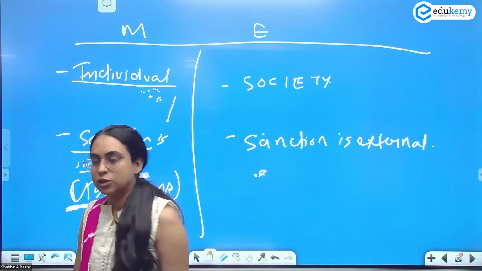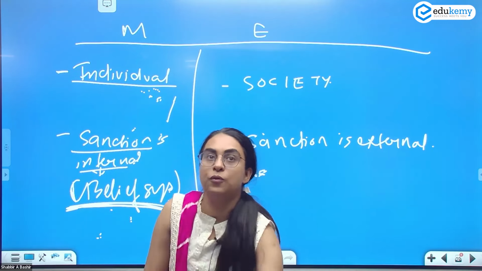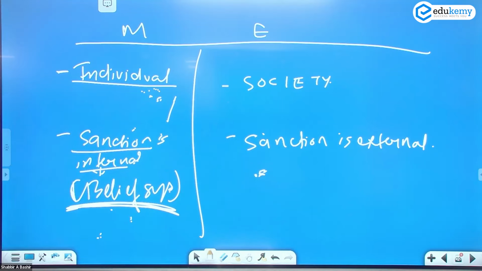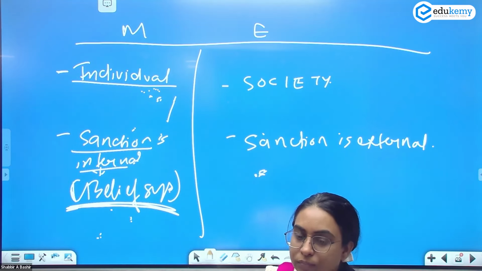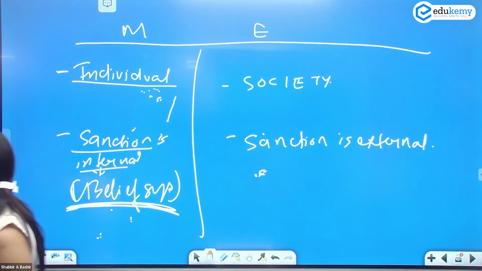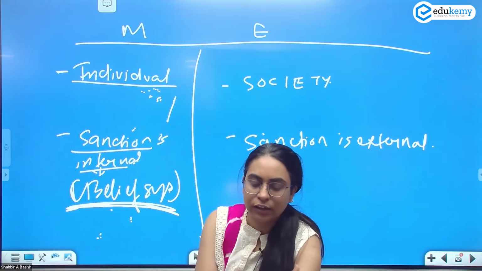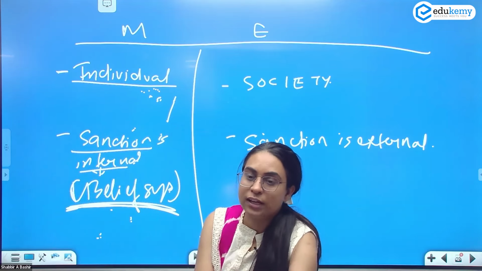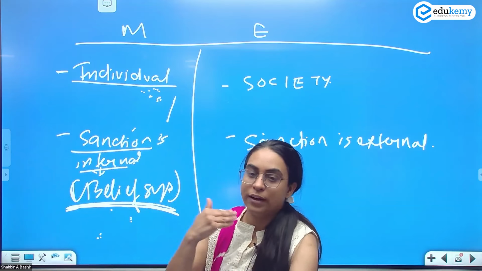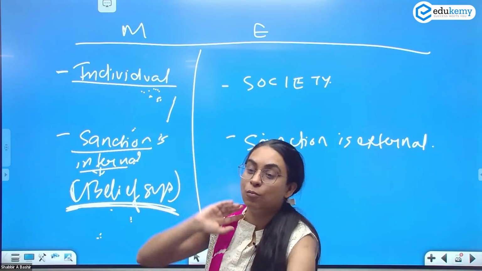लिखो. Next point. Certain examples which can be considered moral but unethical. कुछ एग्जाम्पल्स जो कि मॉरल लग सकते हैं किसी इंडिविजुअल को, किसी इंडिविजुअल की मोरालिटी को अपहोल्ड कर सकते हैं, बट सोसाइटी में अनएथिकल है. डाउरी, कई लोग डाउरी देते हैं, कई लोग डाउरी लेते हैं और उनको लगता है ये गिफ्ट है. ठीक है, बट सोसाइटी में बाहर जाके कोई नहीं बोल सकता मैंने डाउरी ली थी.